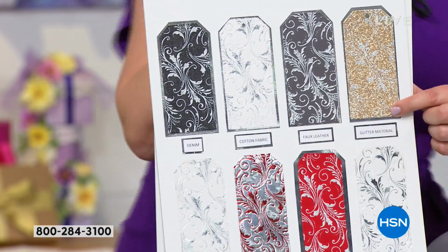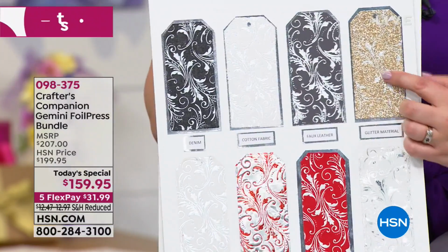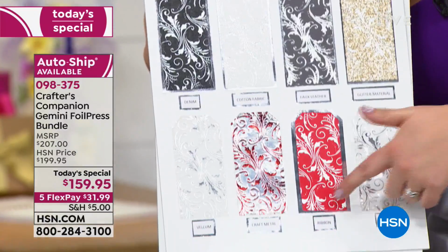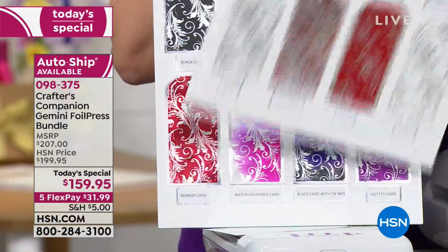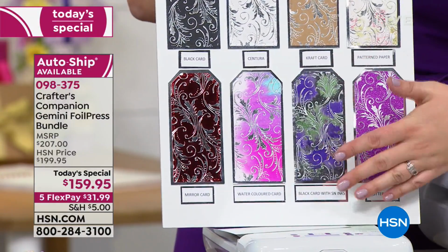This is the glitter card, our luxury glitter card that we sell millions of sheets of here. I bet you've got a load of it. You can now have foiled glitter mirror card. You can be going onto acetate, ribbons we're going to do in the demonstration, craft metal, vellums in here as well. Oh, it's going to beep at me. There we go. Here's the beep. We'll come back to this set. But you can see all these different...